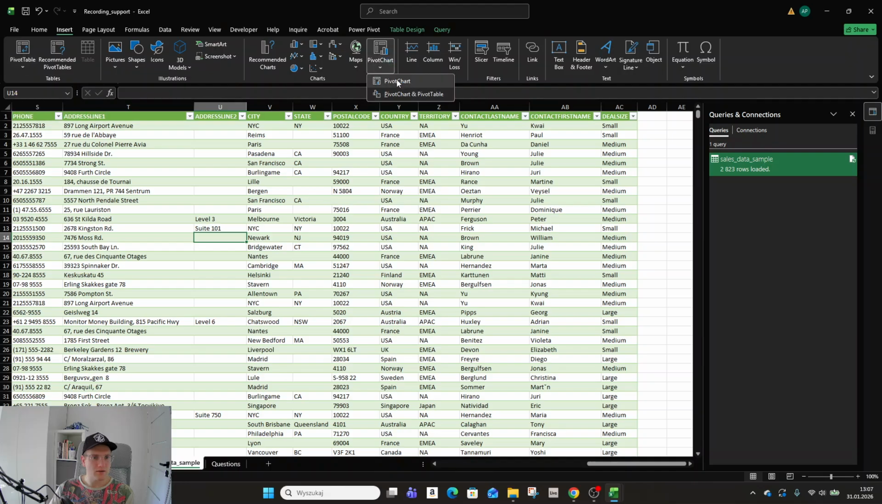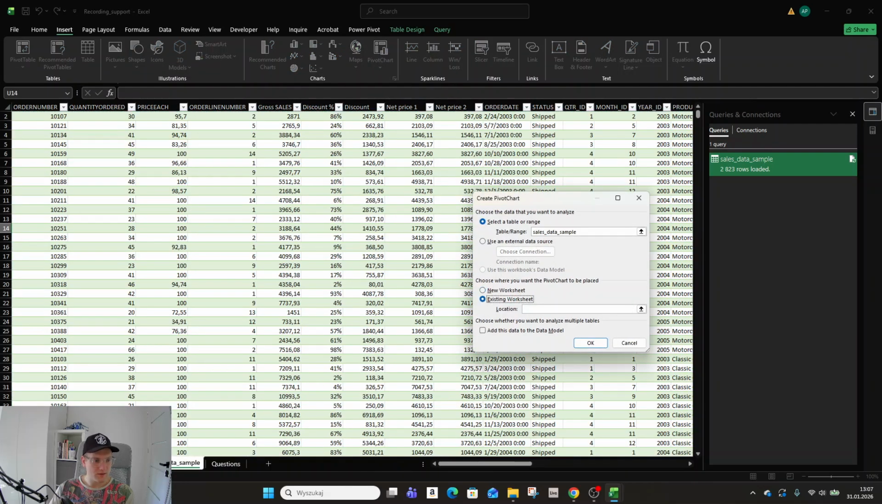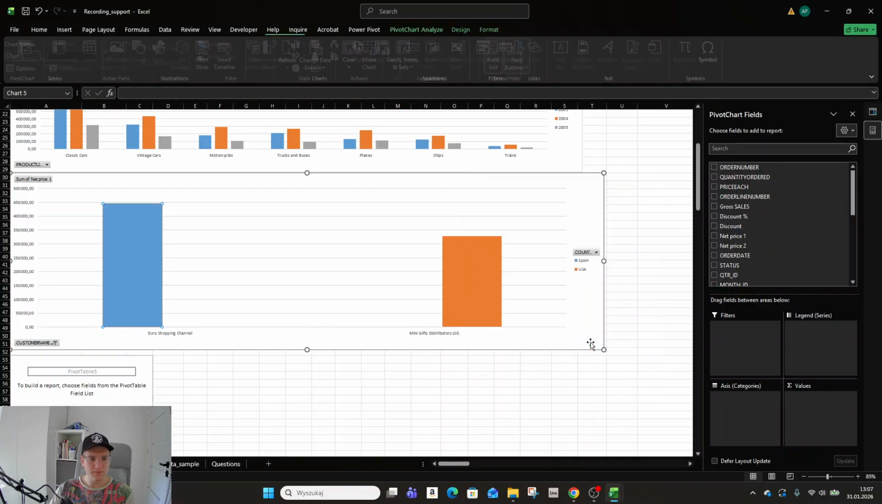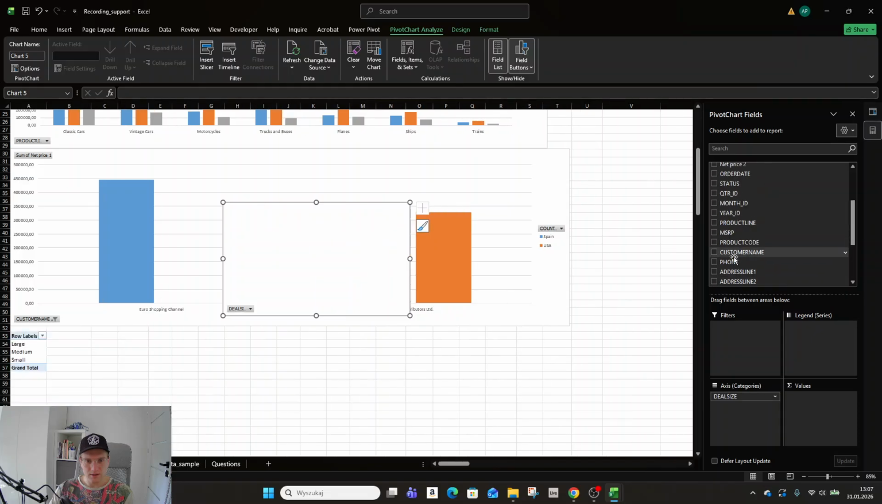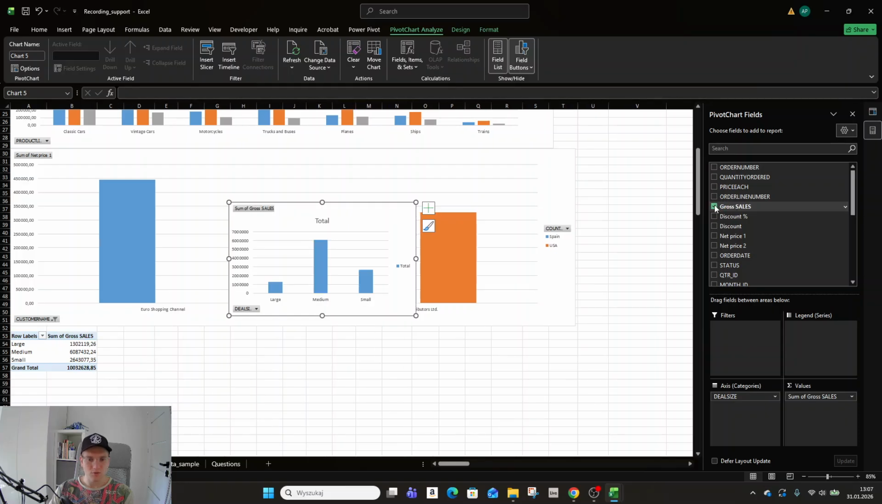pivot chart. Let's go. Existing calculations. Okay. So deal size, and we will use gross price here, because we generated random discounts, so net price is not valid for this case. So gross sales, and